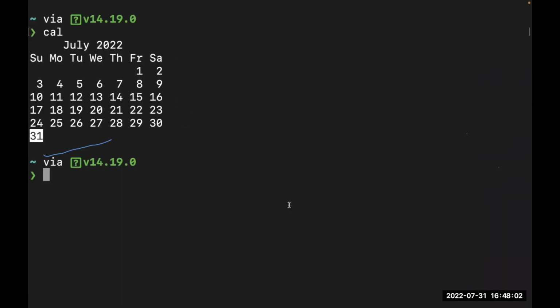So imagine you are in a locked room where you have to do these things, and you also want to know, okay, what is today's date or what is the time? You can always use this informational type of commands, right? So this is cal showing us that today is the 31st. We also have date, right? And I think that is what we have next on the list, right?